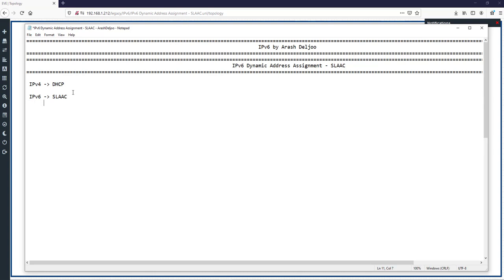The second method is stateless DHCP, and the third method is stateful DHCP. These are the methods of dynamic IPv6 address assignment, and as you can see, we have three methods in IPv6, in comparison with IPv4, where we have only one method,